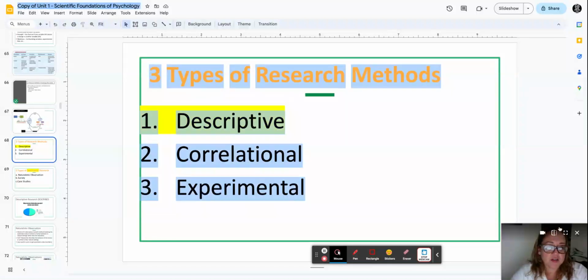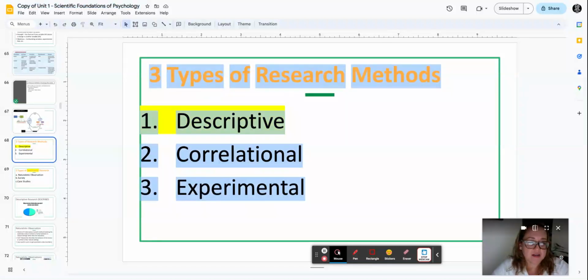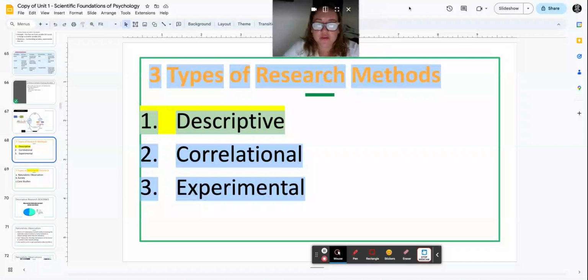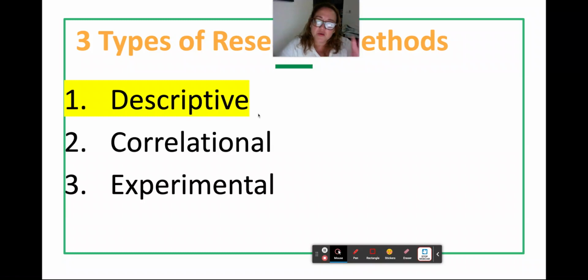Okay, so we're actually going to go into this next section of research. If you look here, there are three types of research methods. Actually, what I would like for you to do is either you could put a line, because